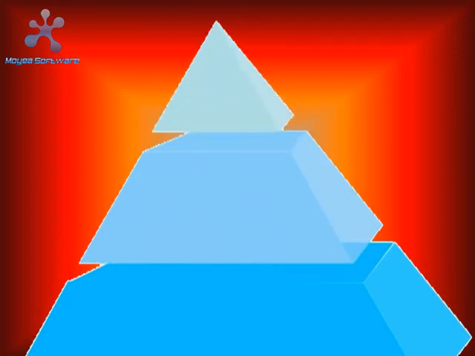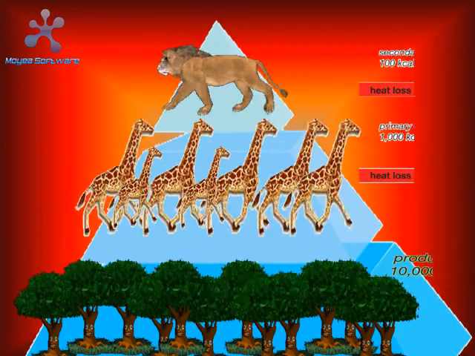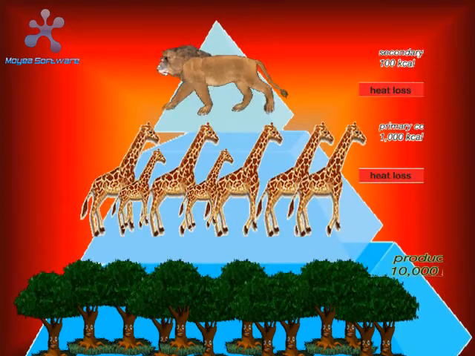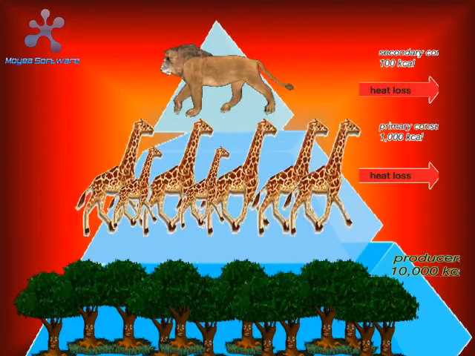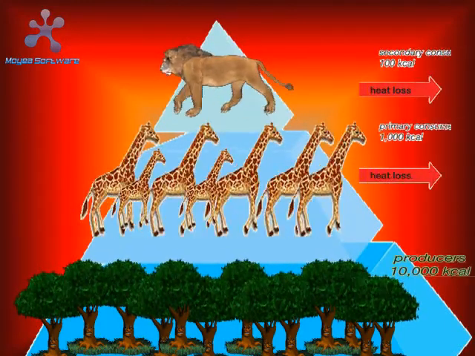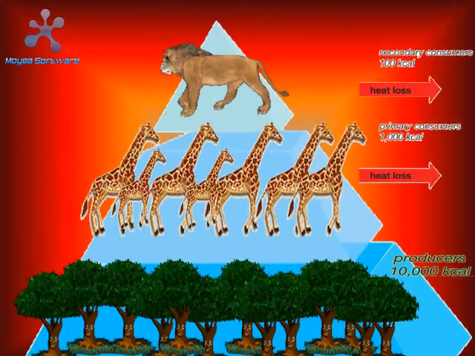A pyramid constructed on the basis of the amount of energy fixed at each level is called a pyramid of energy. In any ecosystem, for any food chain, the pyramid of energy will always be upright. You have already learned that the amount of usable energy available at each trophic level is about 10% of the energy that was available at the previous trophic level. This idea is very much in accordance with the laws of thermodynamics.